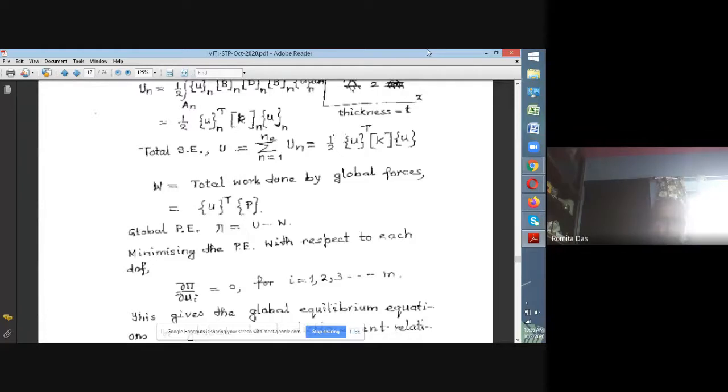I think I want to again give one analogy. In the case of a single spring which has stiffness, let's say, small k, and displacement U, the strain energy in the spring, you remember, was nothing but half KU square. It is nothing but half U transpose KU. And look at this: the total strain energy in a two-dimensional body discretized is nothing but half U transpose KU, half KU square.